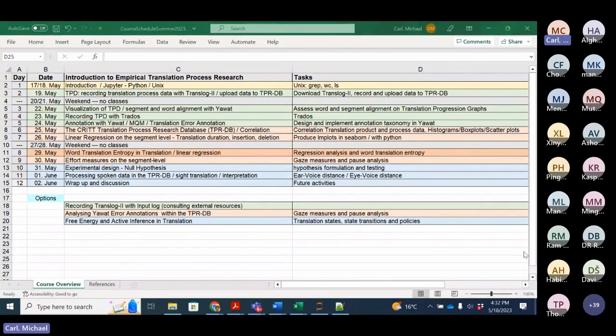Then in 2005, eye tracking technology was sufficiently developed, and one could attach an eye tracker to Translog, and that would give the possibility to figure out where on the screen a translator is looking. So basically, Translog has two windows,